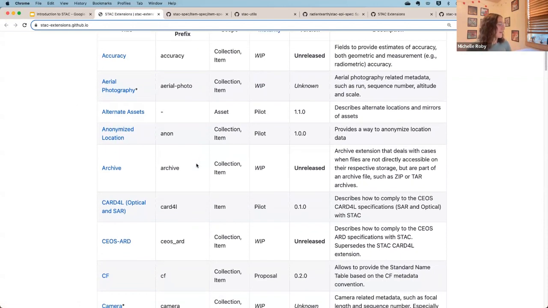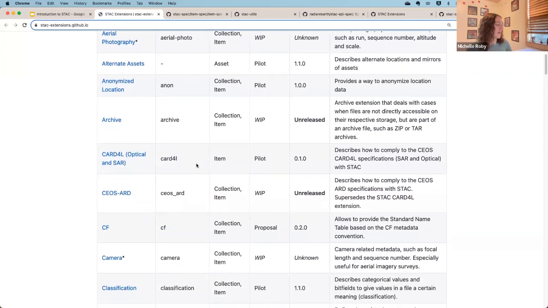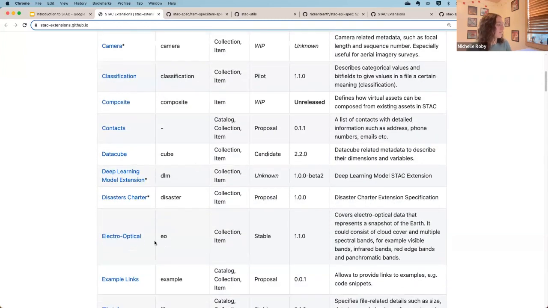So we have one that I do have a slide on, called electro-optical, which is shortened to EO, not to be mistaken with Earth observation, but within the STAC extensions, it's electro-optical, or EO.